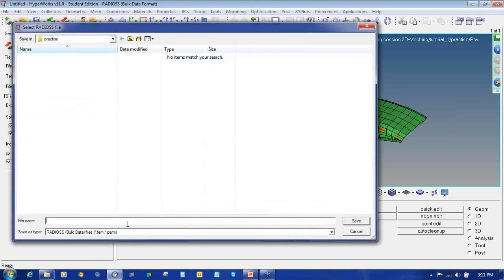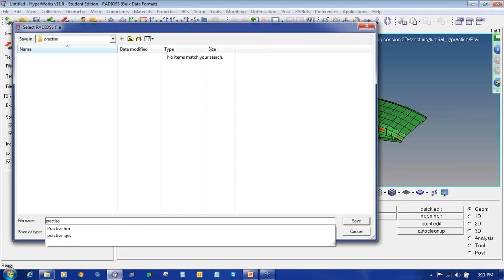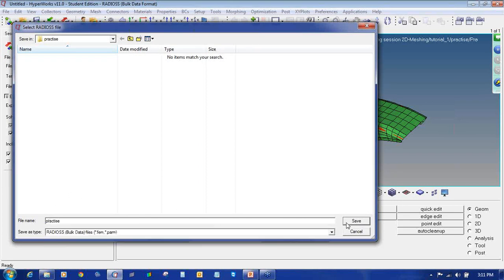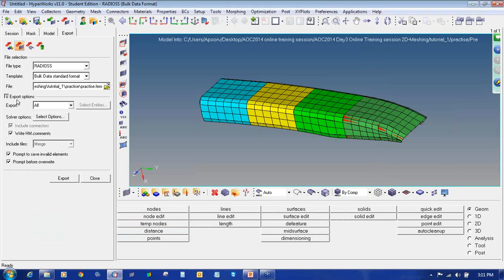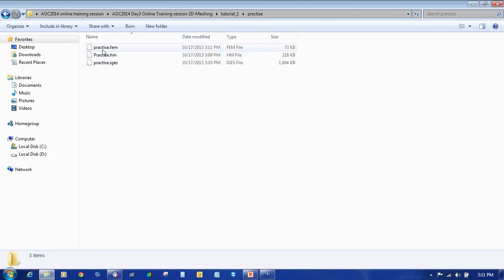Save the location where you want that file. So I want the file in the same location. And click on save. Select the export option to all and keep all the other parameters as it is and say export. So again, once you click on export, you can see we have imported a FEM file here which contains only the meshing.